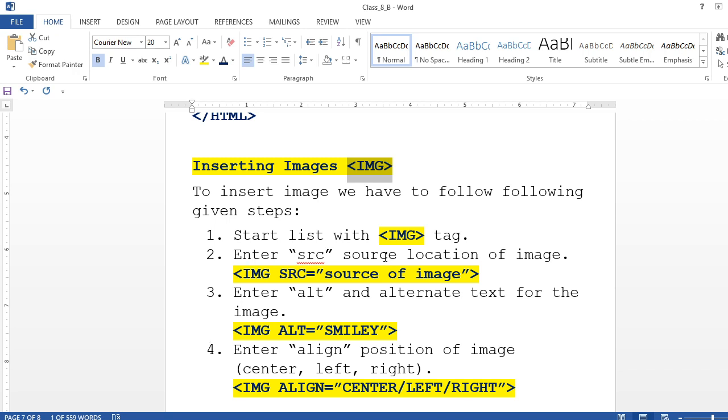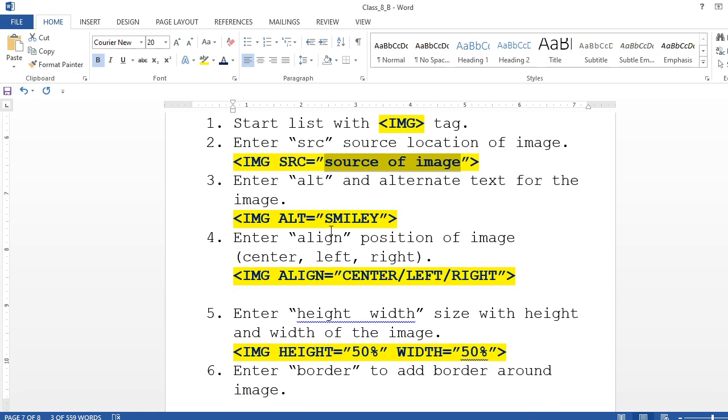This img tag has so many attributes. The first attribute is src. Okay, this src means source location. So in this src you have to enter the full URL of the image file with extension from where that image is coming. Okay, and if that image is not available there, then instead of that you can supply alternate text. If the image is not there, then this text is going to appear with the alt attribute, right?